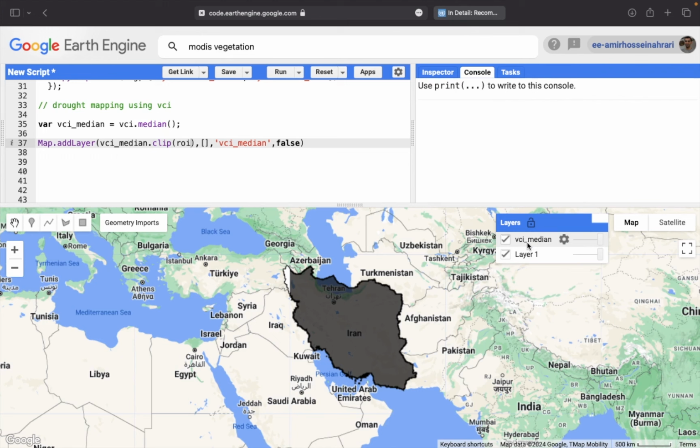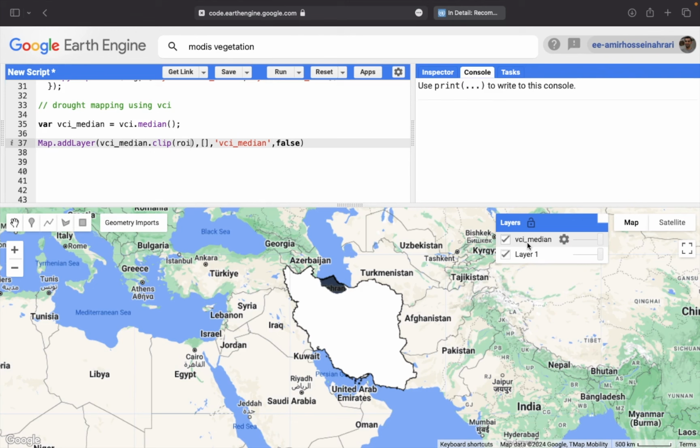As I mentioned, maybe it's a little time consuming because a high number of images are involved in the process, and when the number of images increases, when we have a large number of images in the processing, definitely you will face a lot of issues during the visualization process. If you want to do visualization for the median image, you can reduce the time extent,